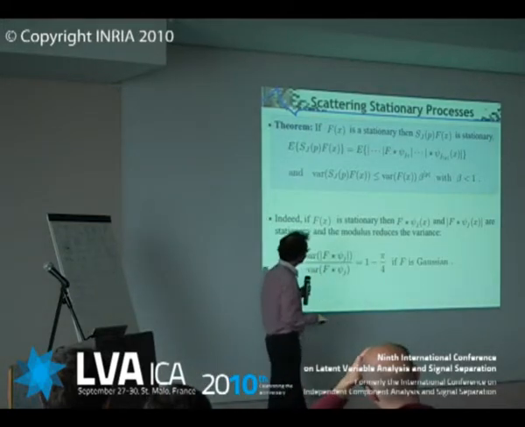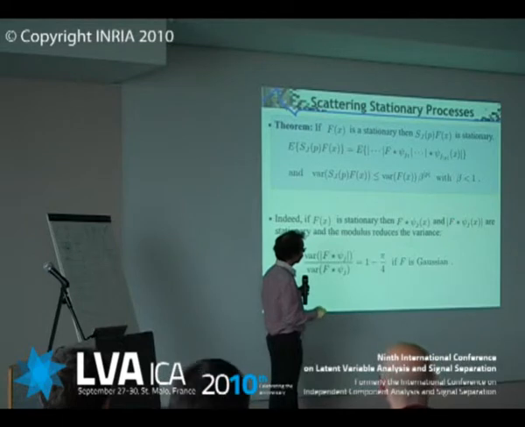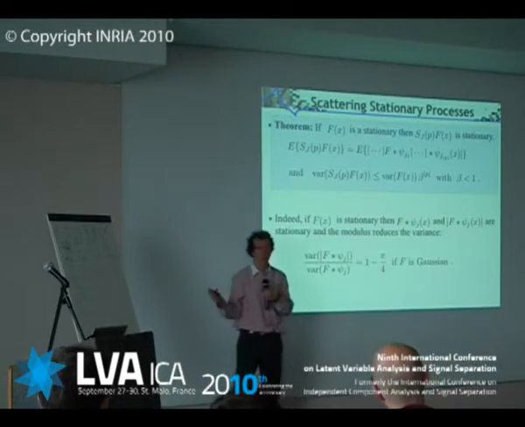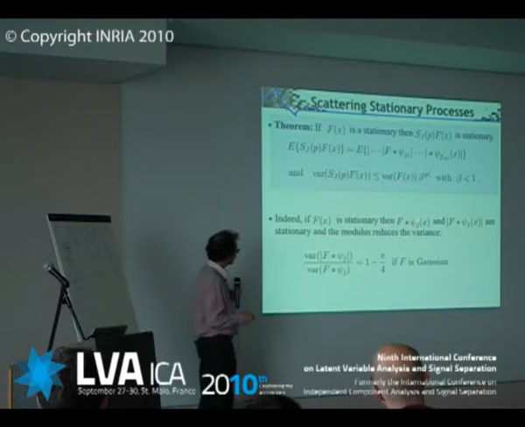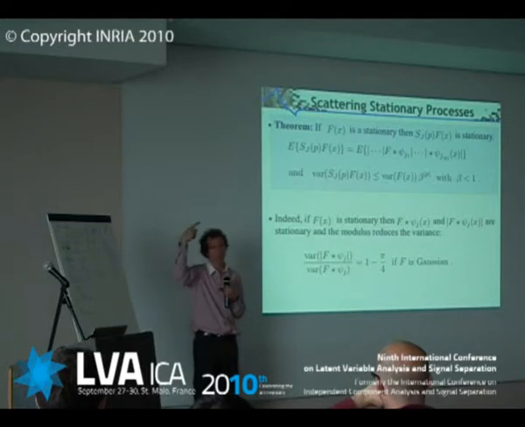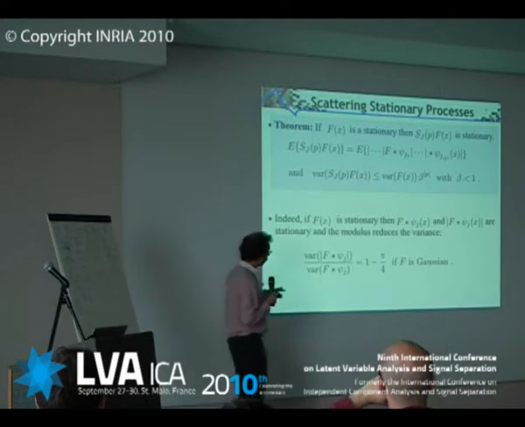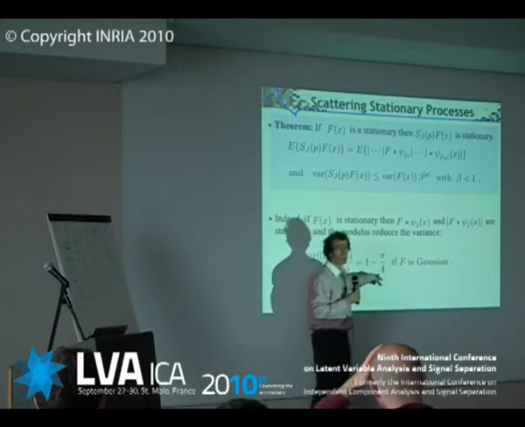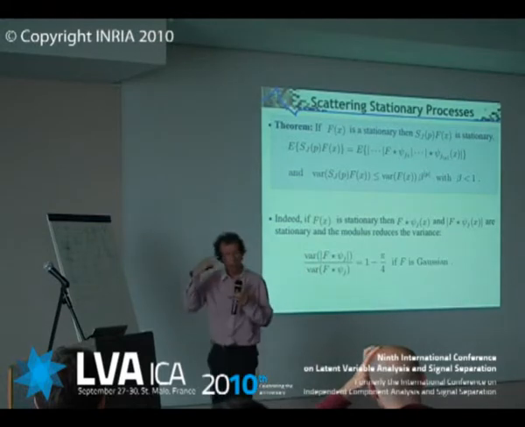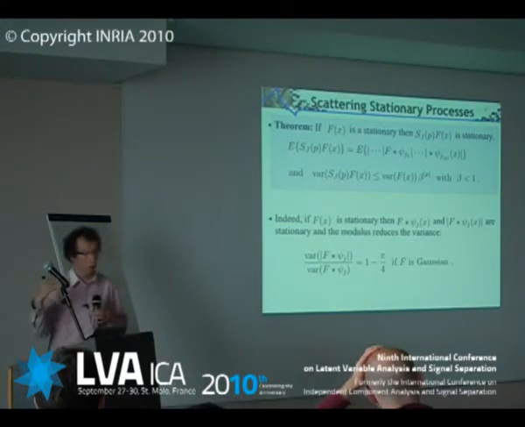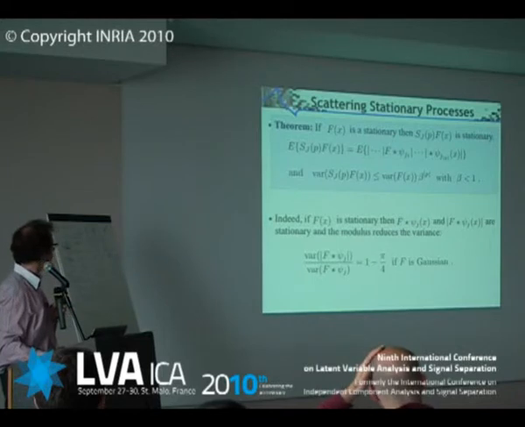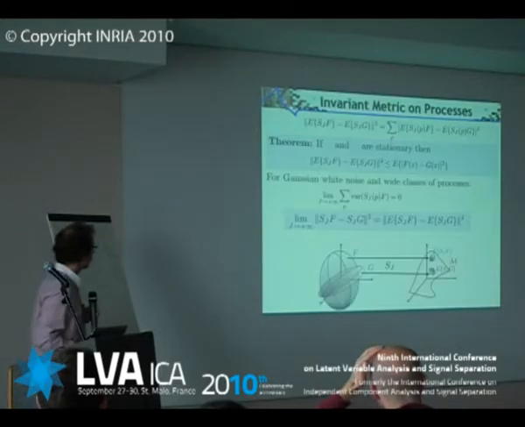So I said the convolution is stationary here. The modulus is also stationary. Think of it, for example, as a Gaussian process. The wavelet is complex, so this is a complex function. Therefore, the phase is going to be random and it's going to be anywhere. You take the modulus, you kill the phase. You kill the phase, you kill a source of variability, and therefore you reduce the variance. You can see the variance reduction is going to be a factor 1 minus pi over 4 if f is Gaussian. So progressively, when you remove phase, you reduce the variance.